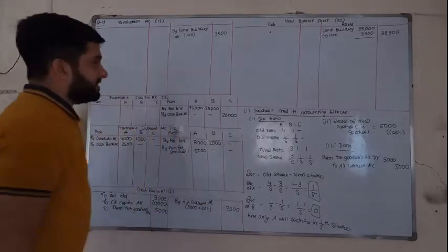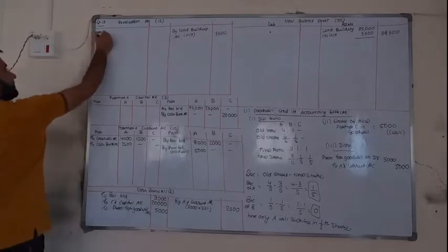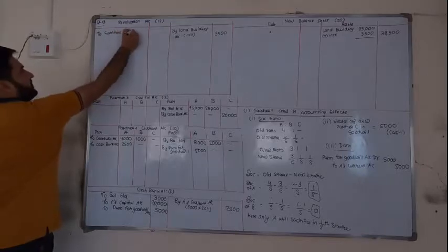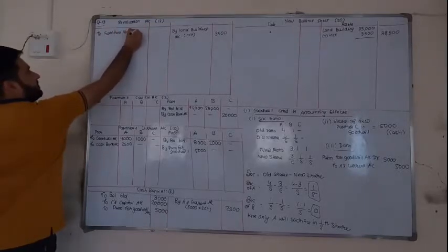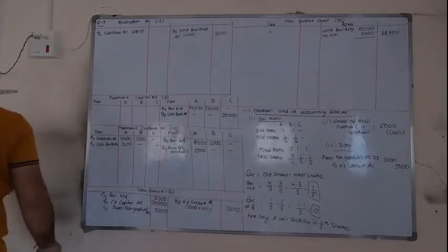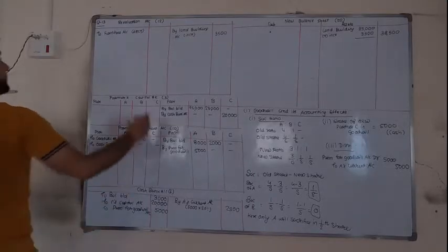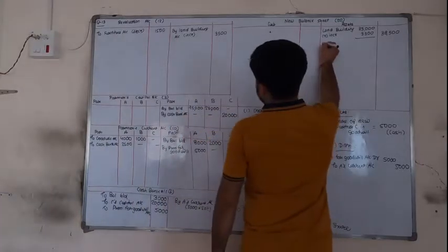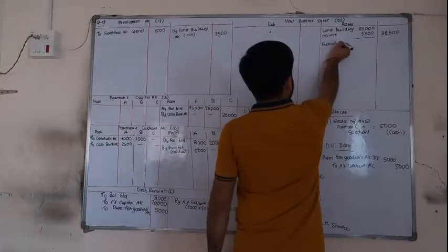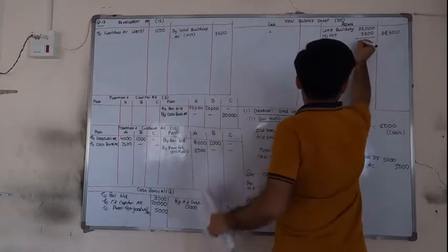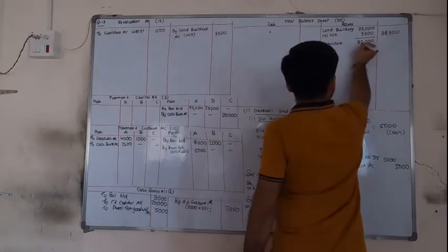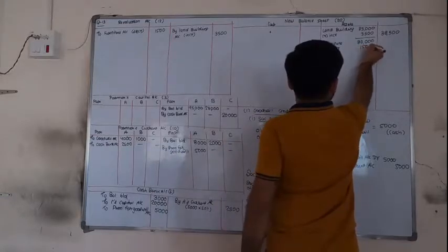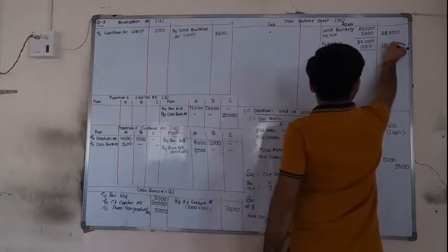Next, in the same adjustment, value of furniture and stock are decreasing. So when an asset is decreasing, it is loss. Loss means revaluation debit to furniture account, in bracket decrease by 5%. Furniture is 30,000, 5% of it will be 1,500. So furniture in the inner column 30,000 minus decrease by 1,500,